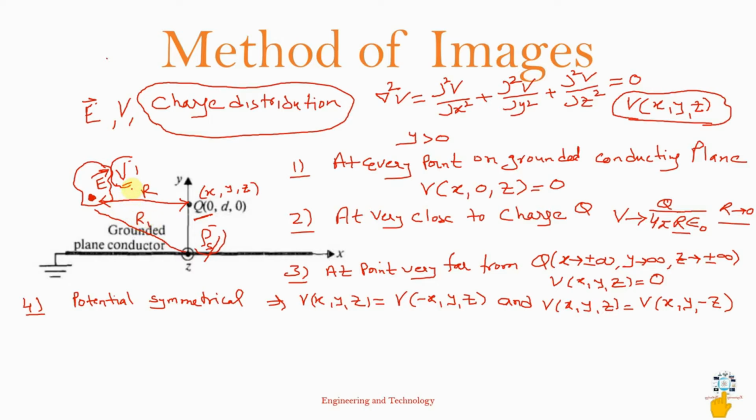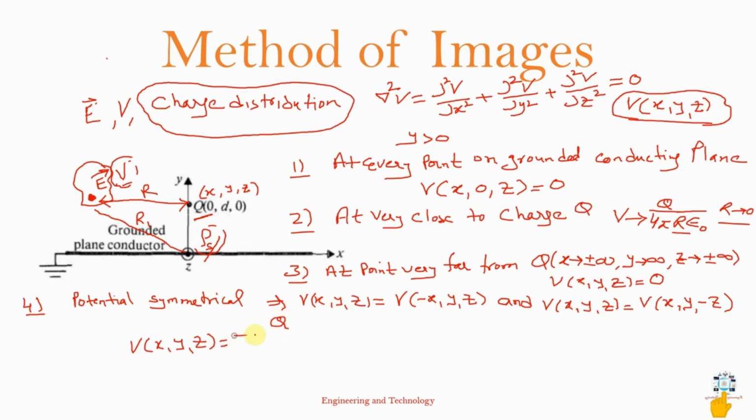So the electric potential here will be calculated from this charge and from this charge density. So that will be the algebraic sum of these two. We are assuming that we have a charge density on this conducting plate from this charge. So if you want to find out potential here, the potential is given by